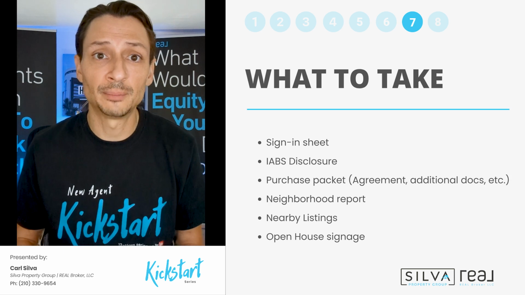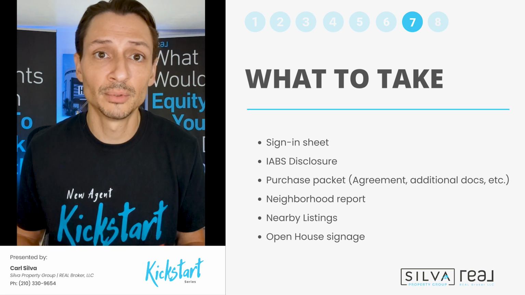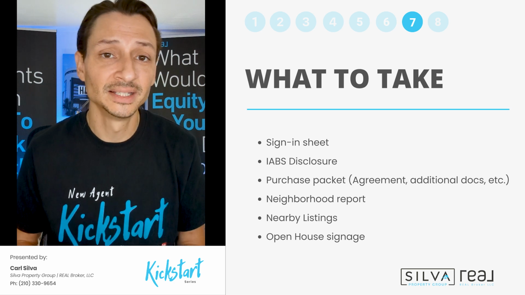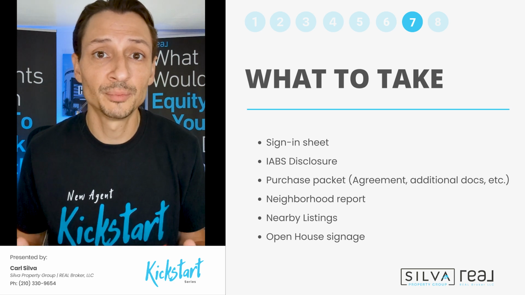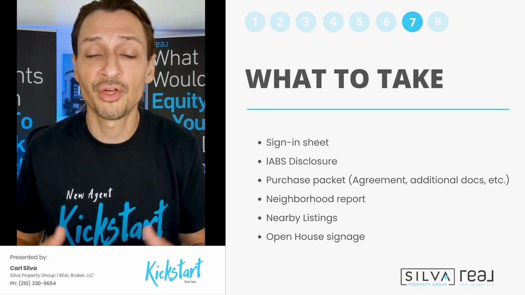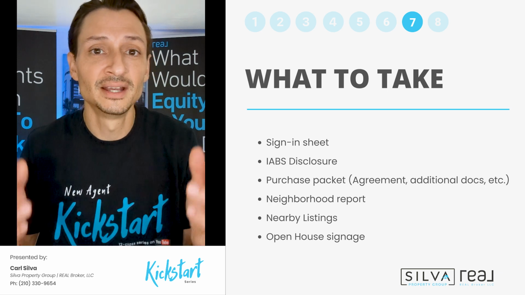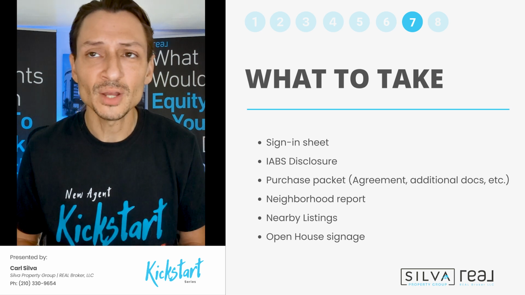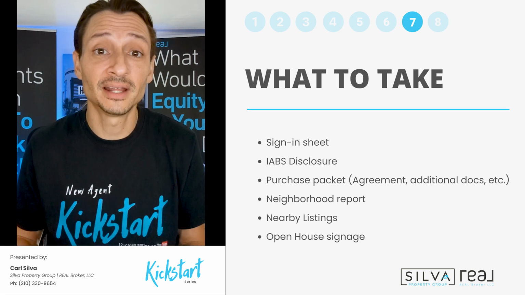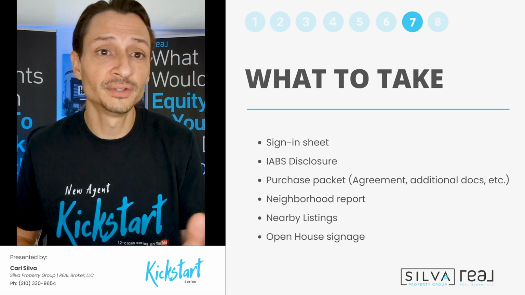A couple streets down, a couple streets back, wherever you think is the high traffic areas where people are driving the most or driving through the neighborhood the most, put an open house sign there with directional arrows leading them to the open house. This is going to help you attract buyers or potential buyers who may not be represented, who may have thought about purchasing soon but haven't reached out to anybody. But since they see an open house sign, maybe it's a literal sign to them. I guess that wouldn't be literal. That would be an emotional sign or a psychological sign that it's time for them to look at houses. So have your open house signs with you in addition to all of the other things we just mentioned.